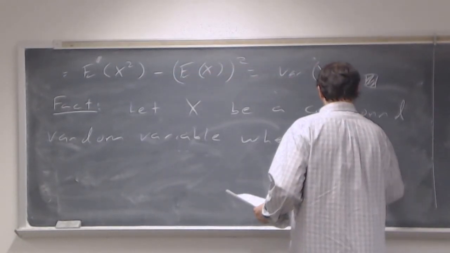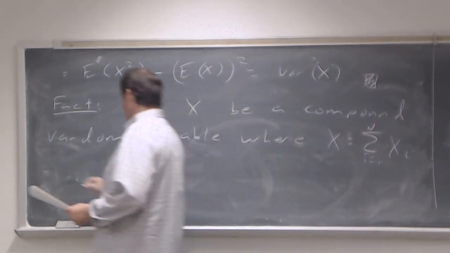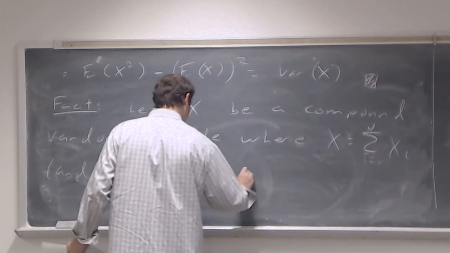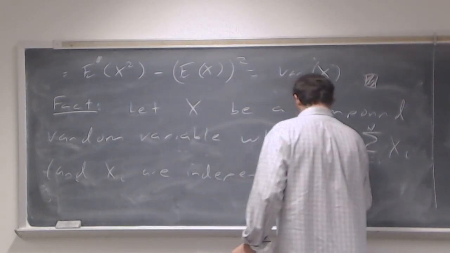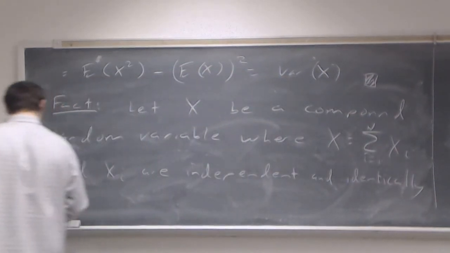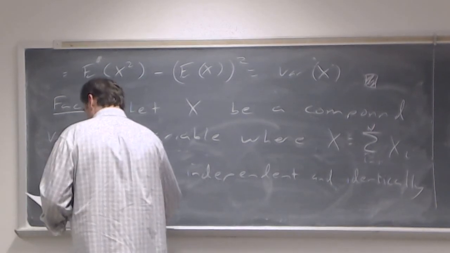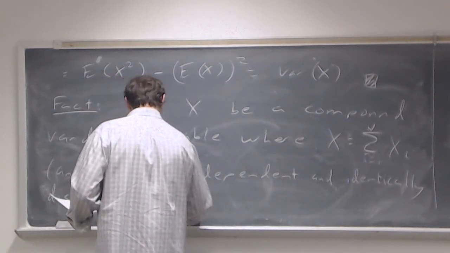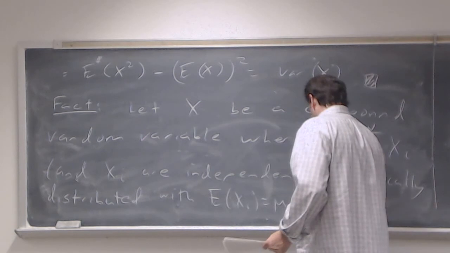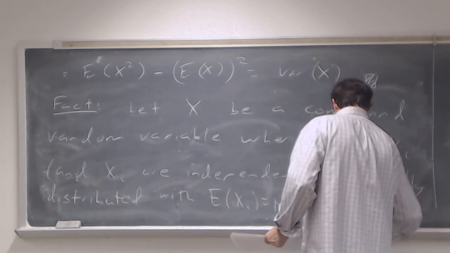X is equal to the sum as i runs from 1 to N of X sub i, where the X sub i's are independent and identically distributed with the expected value of X sub i equal to mu, that's for each i, so they have finite mean, and the variance of X sub i is equal to sigma squared,